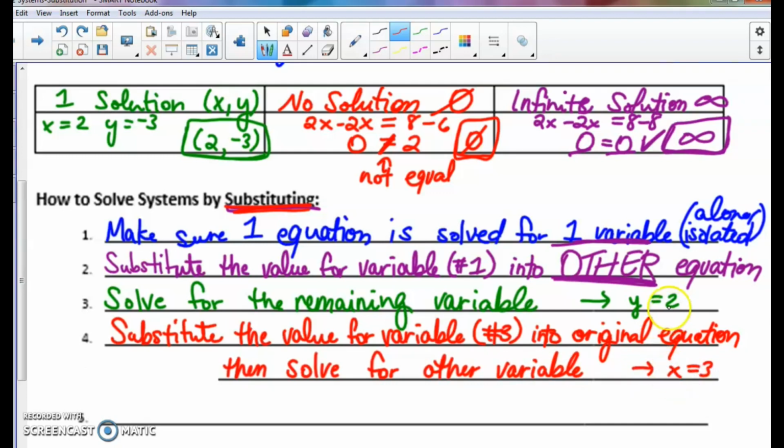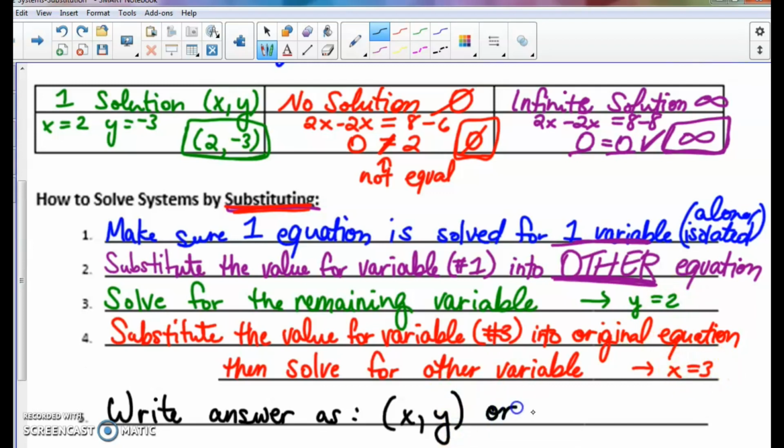So then, if you notice, you then have a y value, you have an x value, so your last step here is to write the answer as, and then we either want to write it like the ordered pair x, y. So for that one, it would be positive 3, 2. Or you want to write no solution if that's what you got. Or, I don't know why I put a comma instead of the word or,